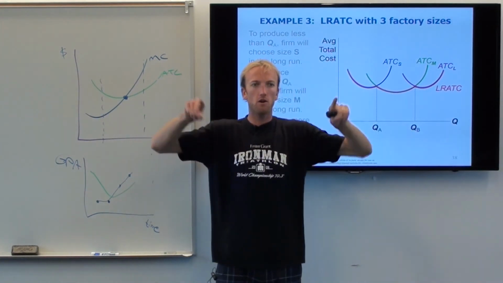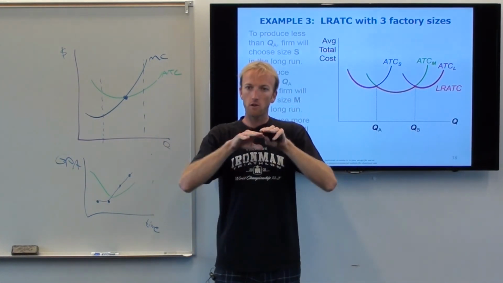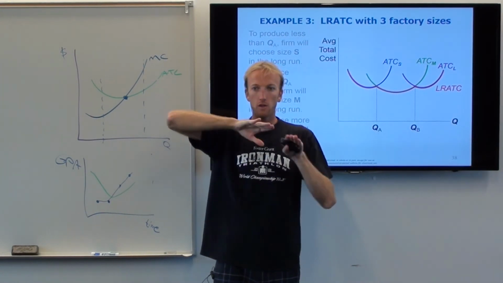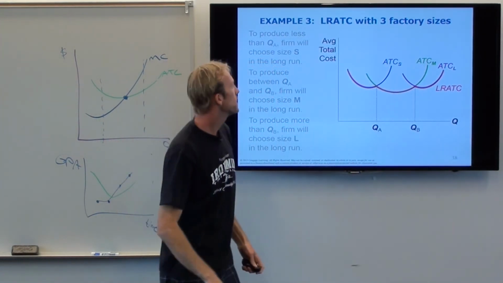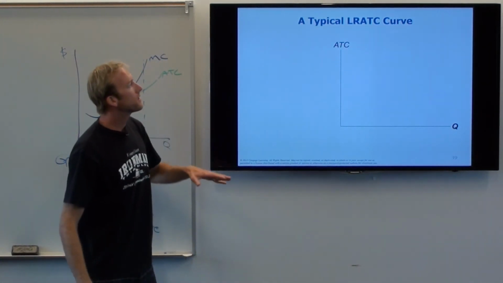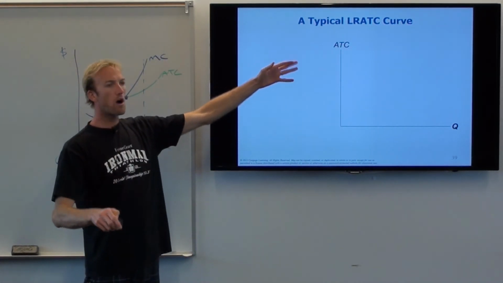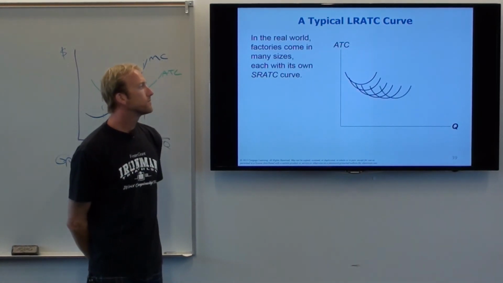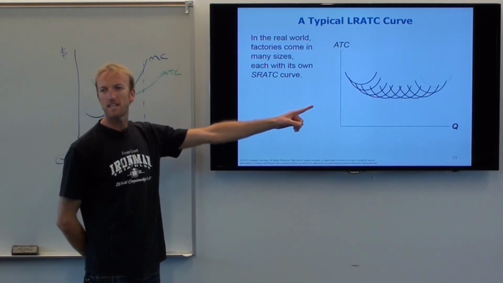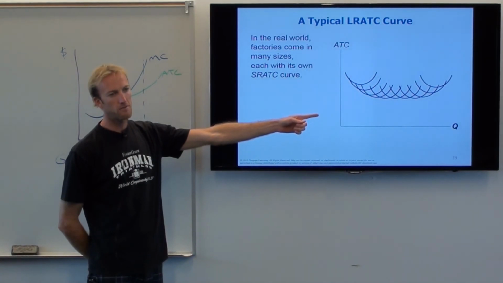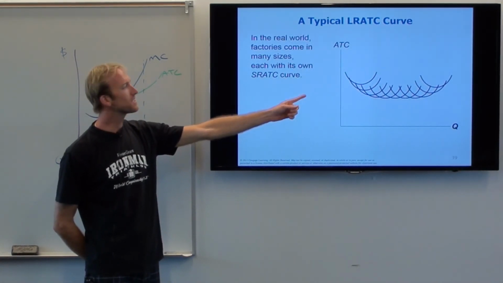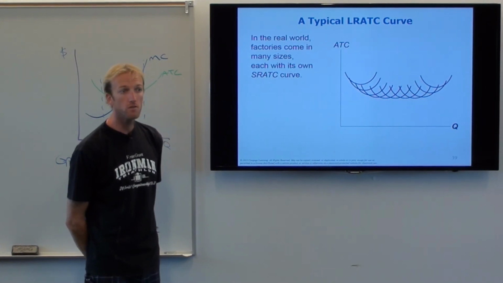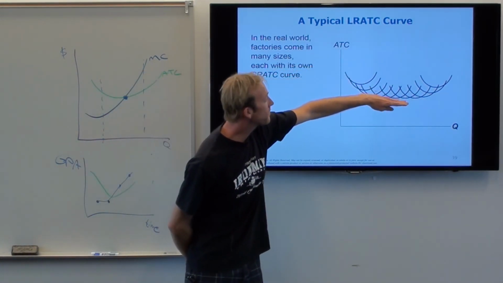Where the short run costs are more like curvy U. The short run costs are more curvy. The long run costs are more flat. So if I have, just in general, for a long run average total cost curve, let's say there's, I don't know, 1 million different factory sizes instead of just 3, right? I was kind of making it simple with just 3 factory sizes. Let's say there's a ton of factory sizes. Then what's the long run average total cost curve look like? Just the minimum point of all of these guys.